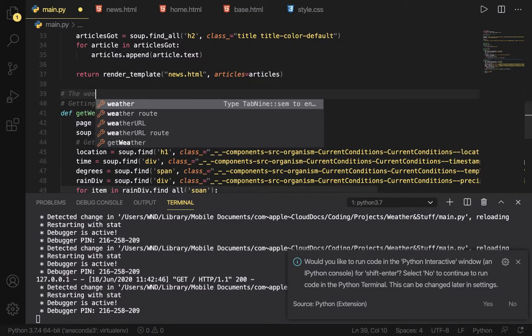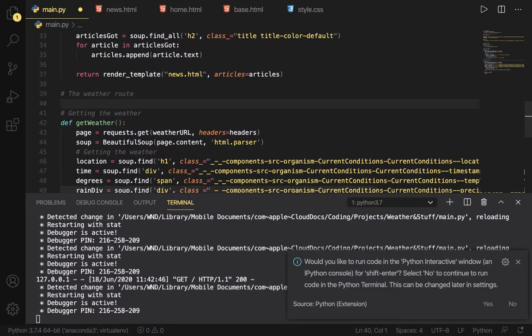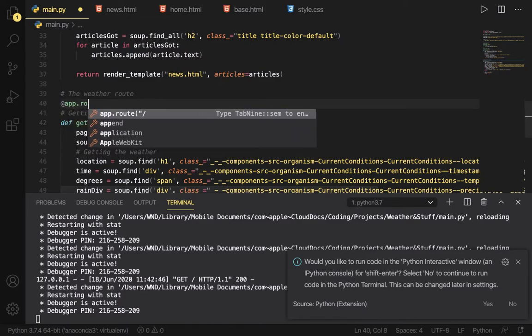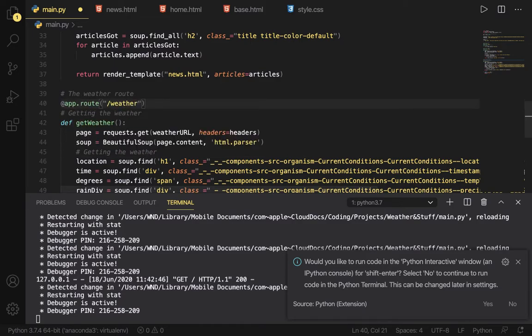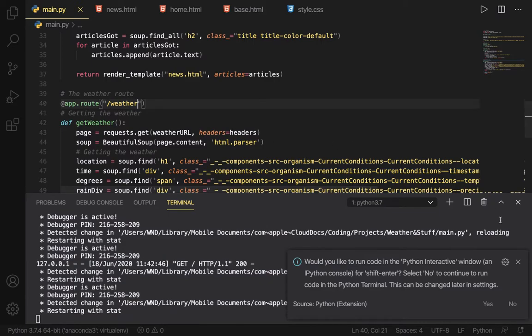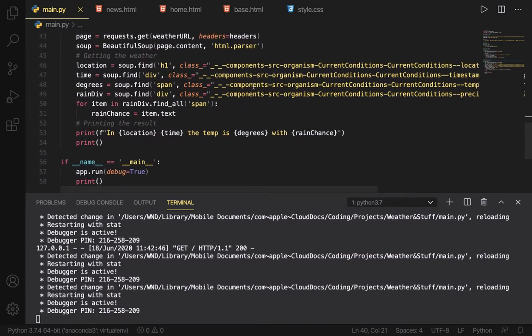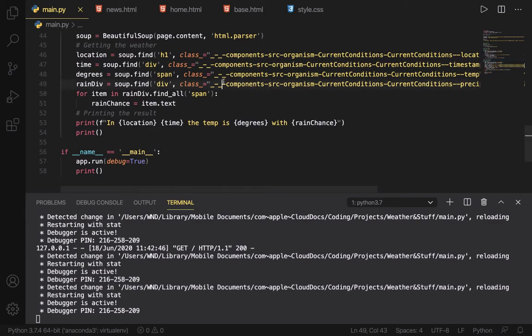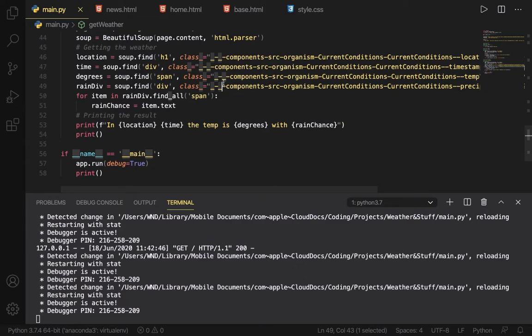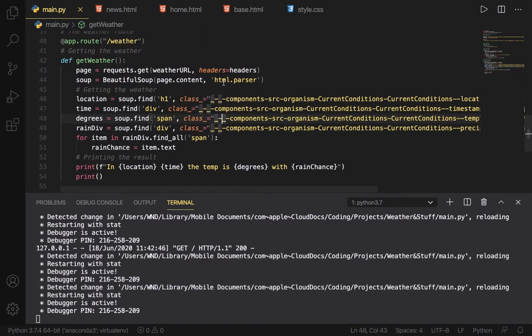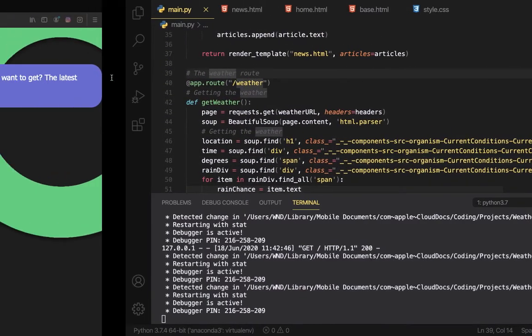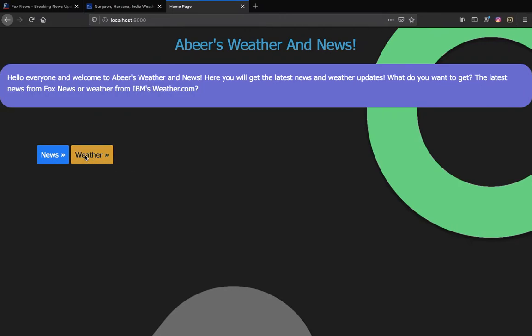The weather route, and I always use comments whenever I am making a project like this one, because if I read this code I'll know what it is, but if I show it to someone else then they won't understand it, because this is computer language. It's not like your basic English or something. Okay, now I've made this a route.